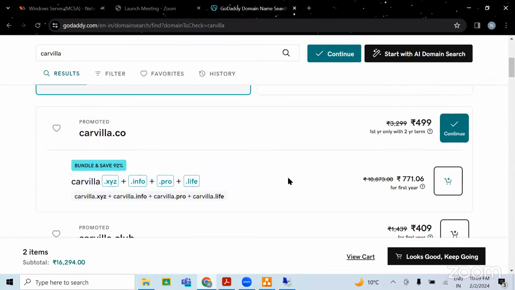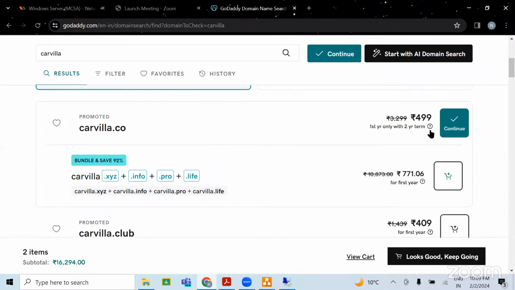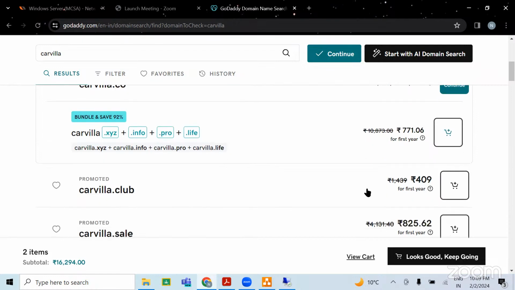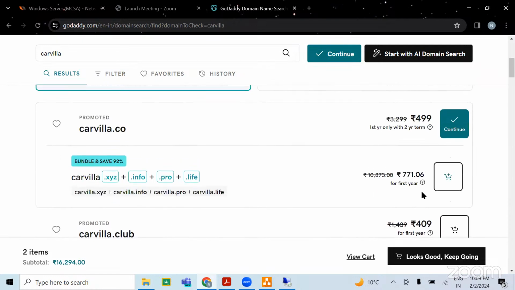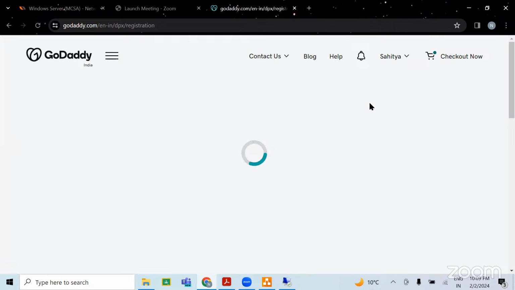If you want something like .info, .pro, .live, those are not available for now, and it is not needed for now. If you want to use .info, .pro, .live or carvilla.club, you can add them later also. So I'm just going with carvilla.co and then continue.